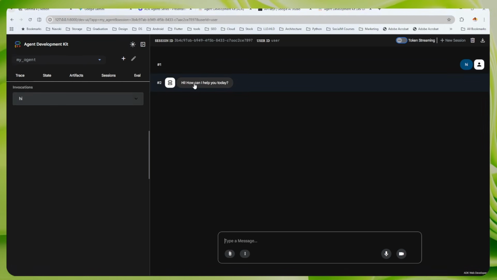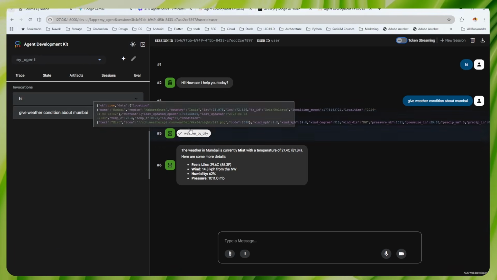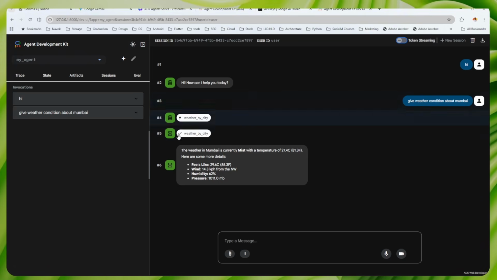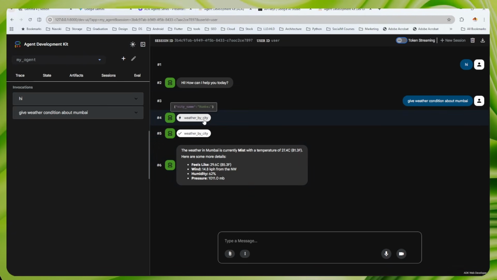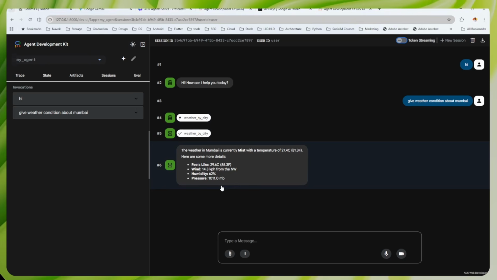So it replied, hey, how can I help you today? So I'm going to ask, give me the weather condition about Mumbai. Enter. Because we are working with the ADK, it's showing the tool execution also. It called weather_by_city by passing the city name Mumbai. Then weather_by_city returns this response from weatherapi.com. And after that, it converted it into plain language for the human. Wind is this and humidity at this point.